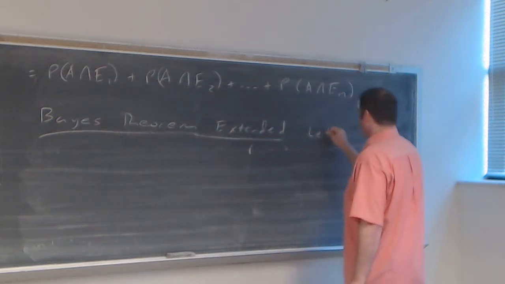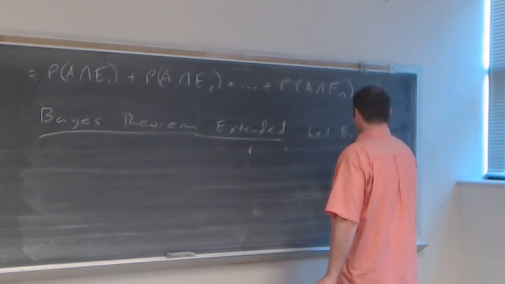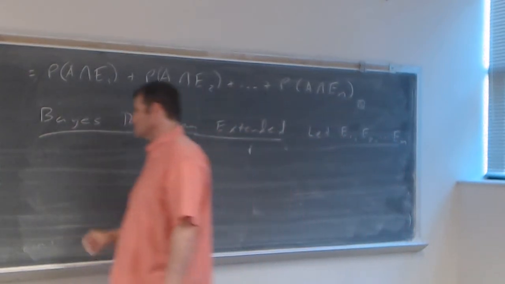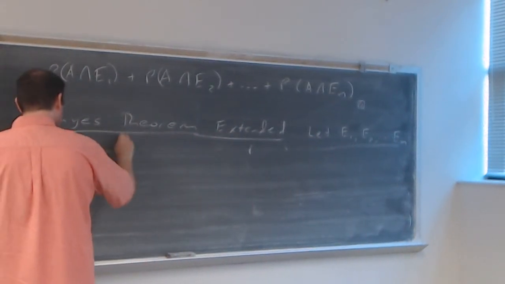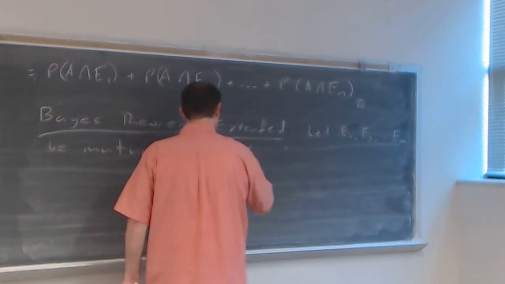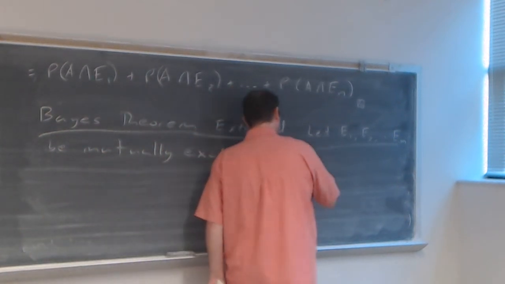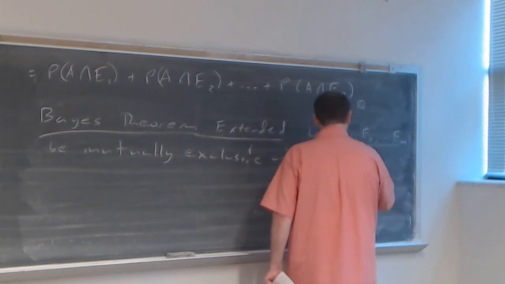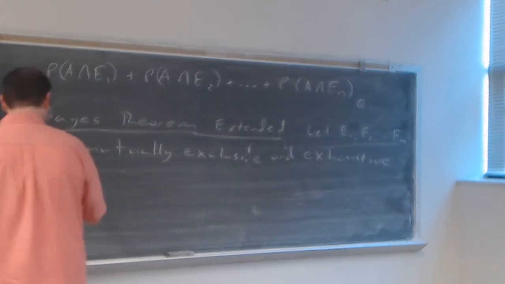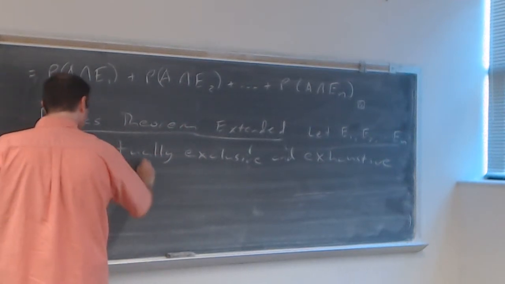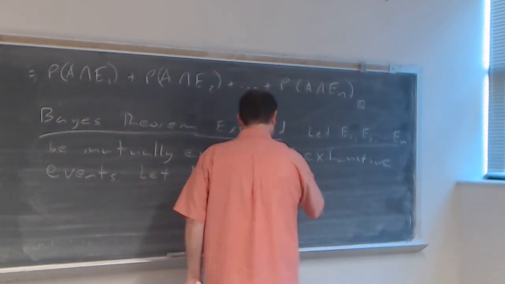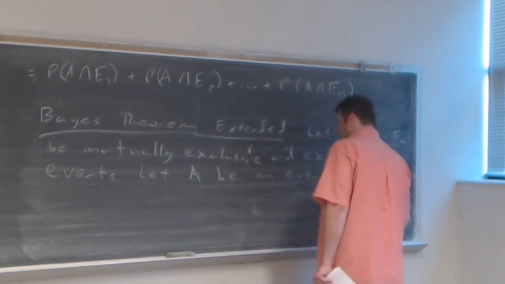It says let E1, E2, all up to En be mutually exclusive and exhaustive events. Let A be an event. Then